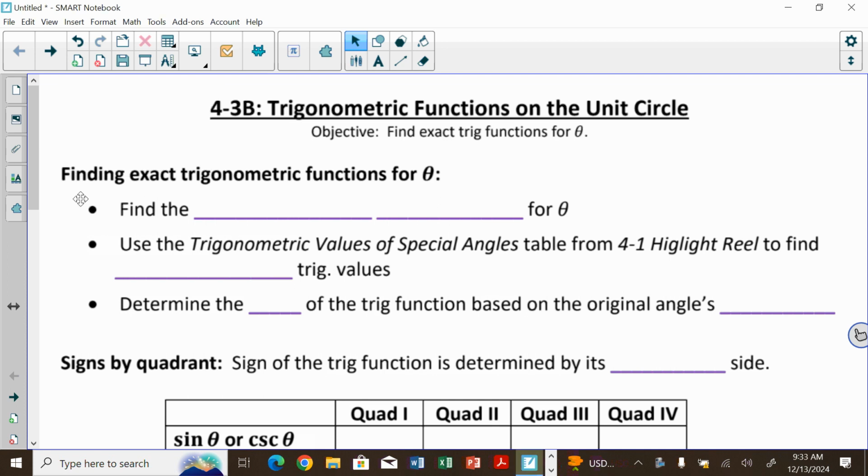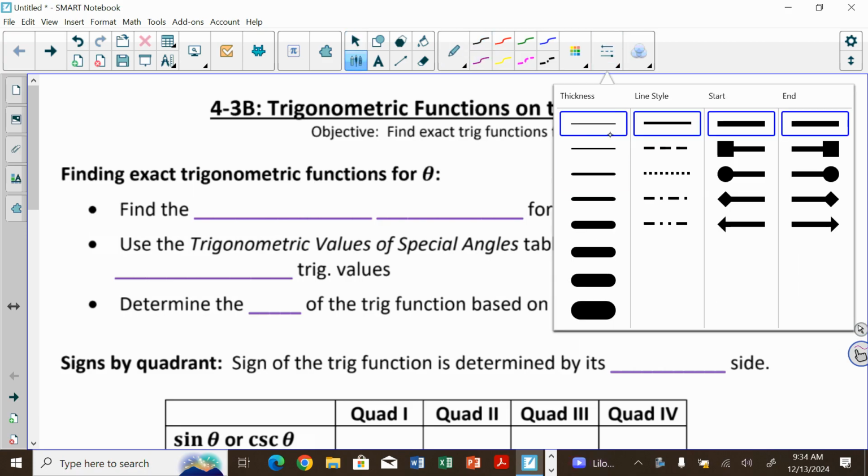All right, 4.3b, talking about finding exact trig functions. So we're still working with trig functions on the unit circle and then finding exact trig functions. We'll try to do that. Okay, so first thing we want to talk about here when finding exact trigonometric functions for theta, we know also